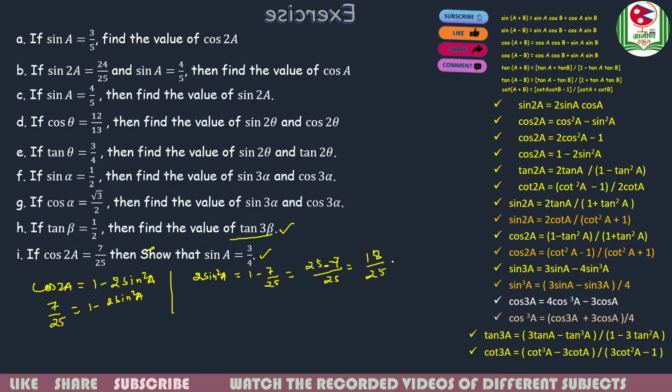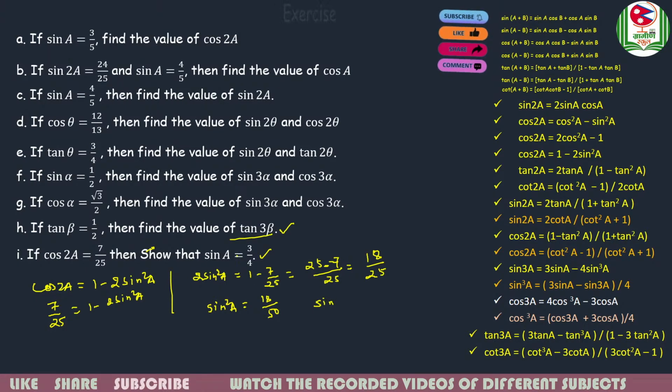And this is 2 sin square A. So sin square A is 18 by 50. So sin A equals